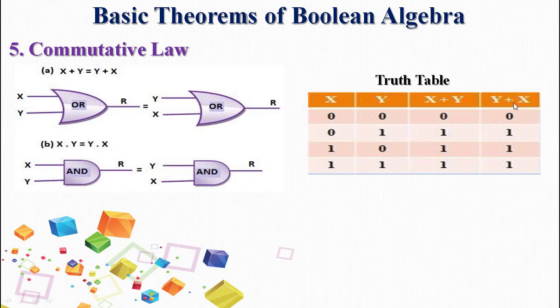Now we'll start addition of y plus x. So it is like this in this format now. 0 plus 0 is 0. 0 plus 1 or 1 plus 0 is 1. 0 plus 1 is 1. 1 plus 1 is 1. So that satisfies all the possible values in the combination. In the output, you are satisfied that x plus y has the same value as y plus x.